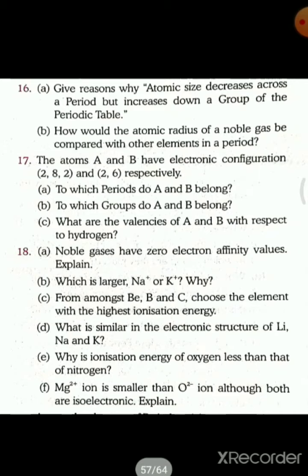Why is it asking? So your answer is, we know that both are isoelectronic. Okay, and the nuclear charge in magnesium is 12 and oxygen is 8. So with the increase in nuclear charge, the size decreases. If you increase the nuclear charge, the size will decrease. So oxygen is greater than your magnesium. Okay,